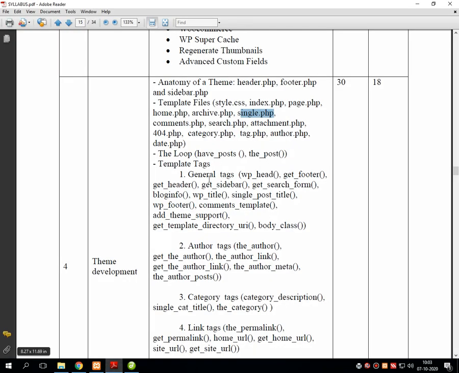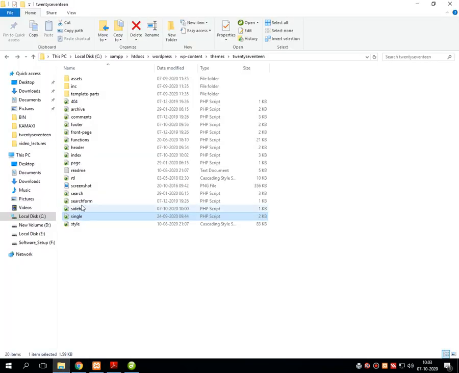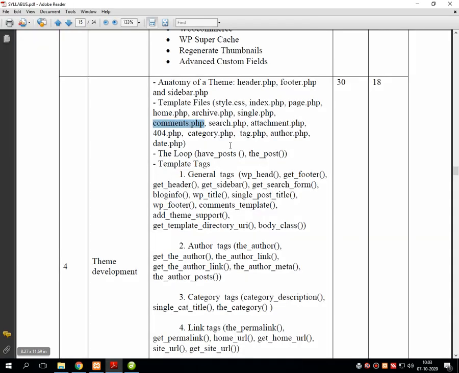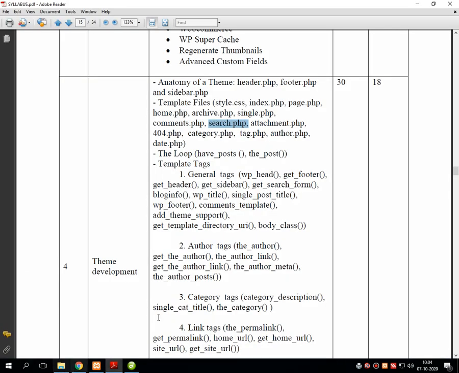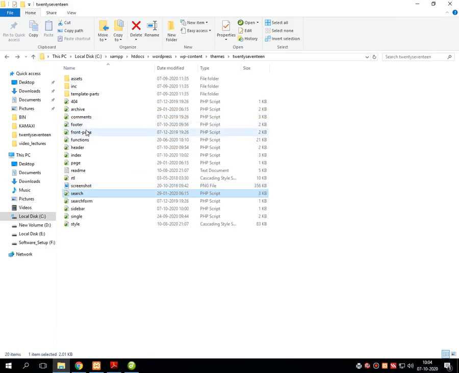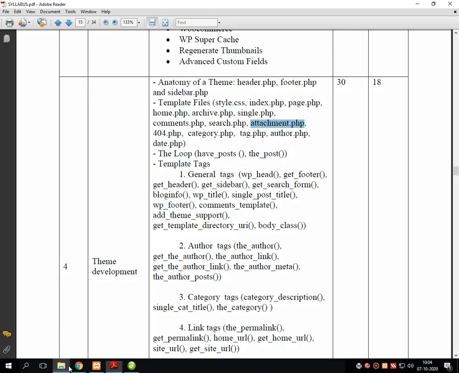Then comment.php, it's a comment.php. Then search.php, it's a search.php. Attachment.php, it's not there in this particular theme, leave it.